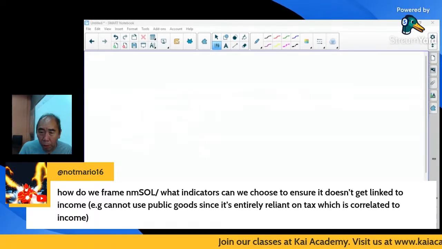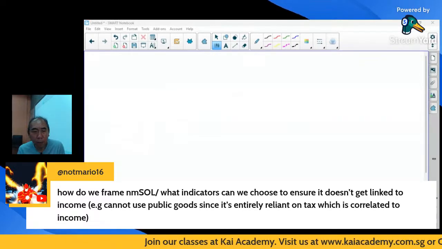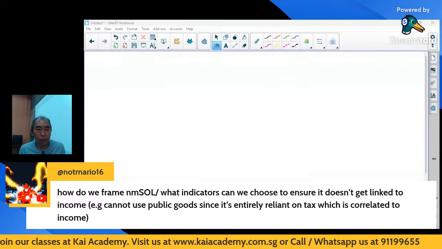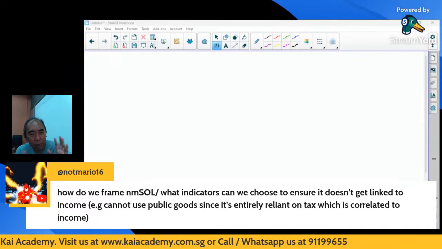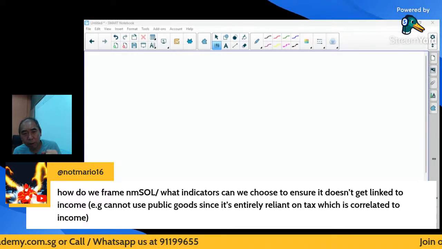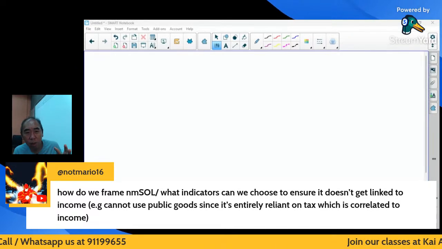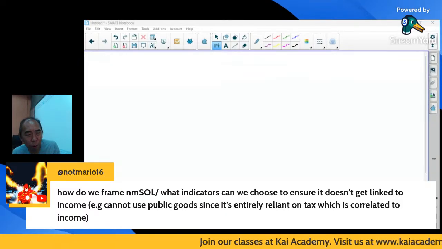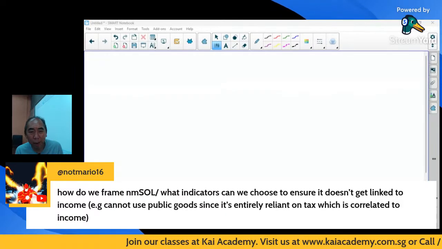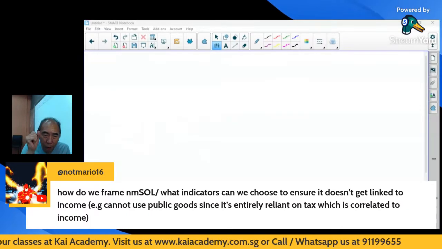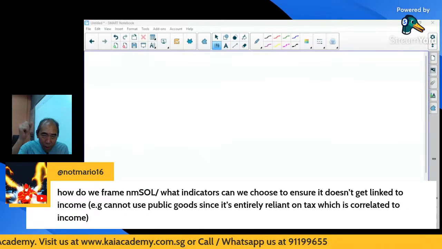But you might say, isn't that linked to income? Doesn't the government have to provide for the police force? Sure, we can talk about it. But how these non-material aspects are financed is not relevant to whether that point is a good point or not. So these are non-material aspects. Then, to address your question,